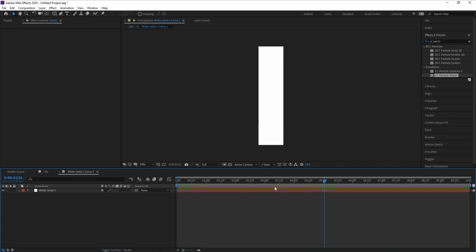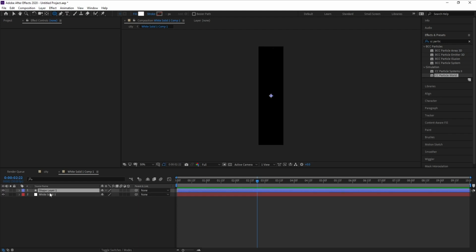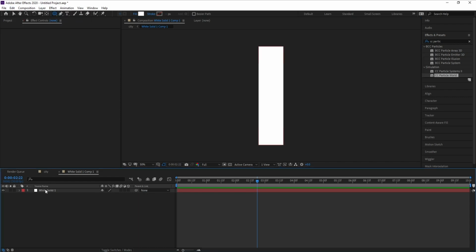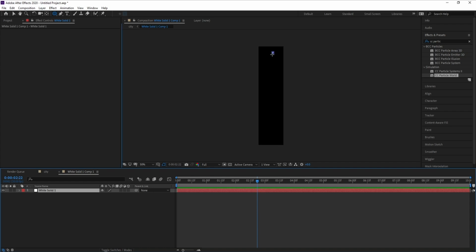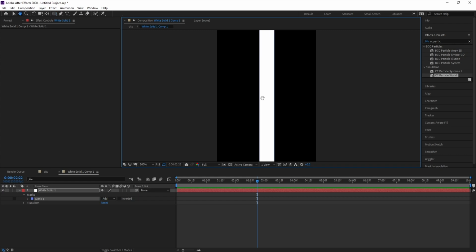Okay, now double click and I'll go to the rectangle tool and choose the rounded rectangle tool and now draw your mask. Okay, something is wrong. Make sure that you are on the white solid and now draw your mask. Okay, and now scroll your mouse